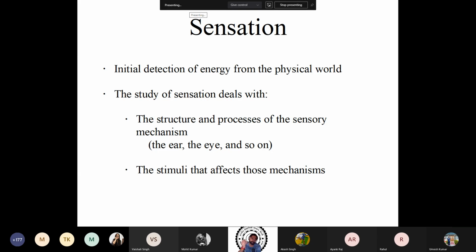There are certain areas in your eye or your ear or your skin that pick up vibrations based on that frequency and accordingly convert that frequency into neurochemical changes, and that act is called transduction. And if we are able to do it, we say that we have sensed the world, or rather, this is the procedure of sensation.